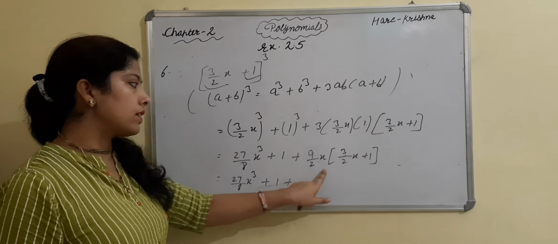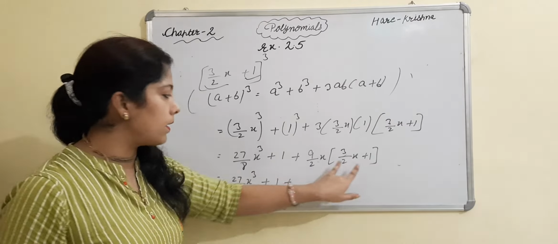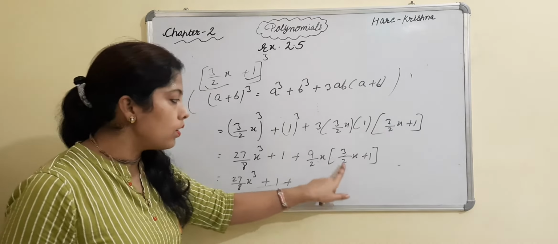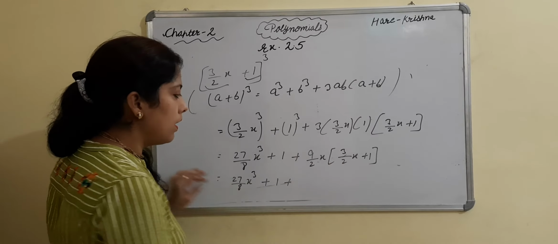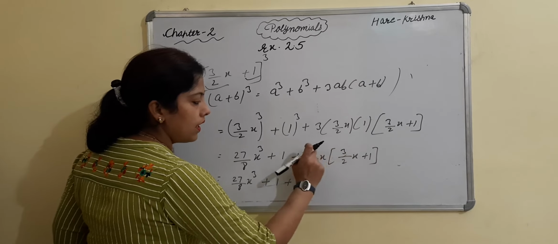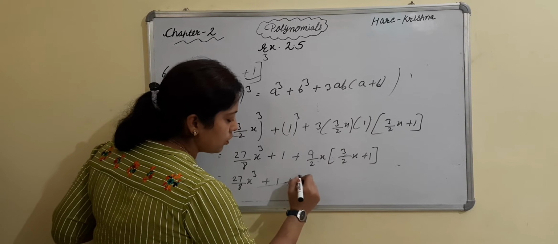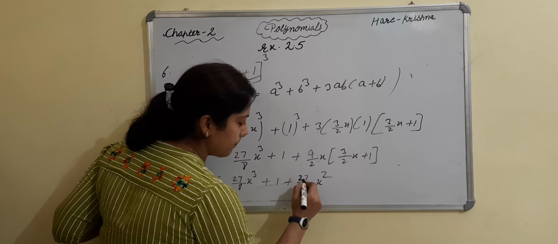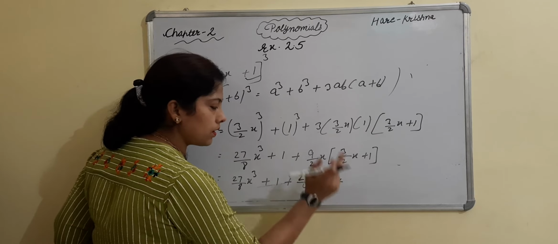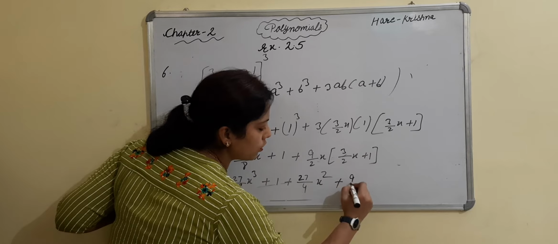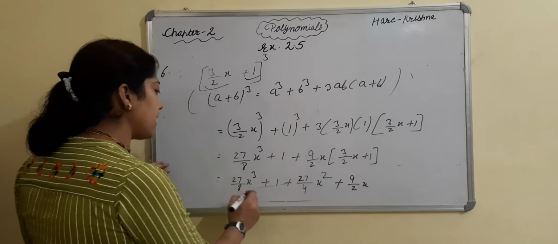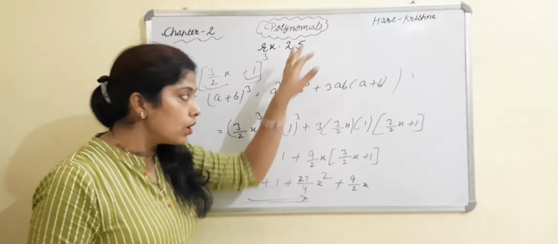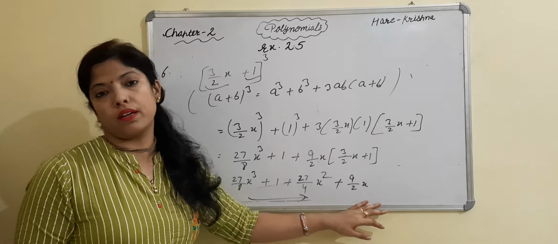Now we have to multiply this portion because these two are in bracket form and this is outside common. So we have to multiply 9 by 2 at 3 by 2 and next time 9 by 2 to 1. Firstly 9 by 2 to 3 by 2. 9 3s are 27. 27 by 2 2s are 4. X और x, x clear. ठीक है? And plus, क्योंकि plus plus plus. 9 by 2 1 है, तो 9 by 2 as it is 9 by 2 है. This is our answer because all terms are unlike. We can't add or multiply these terms. So leave it here. This is your answer.